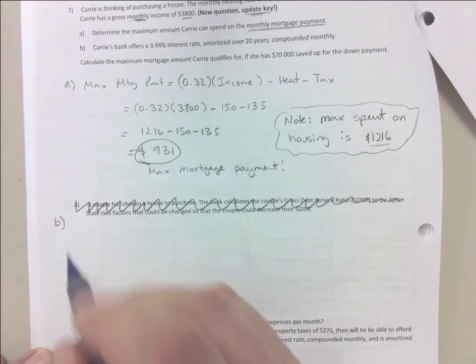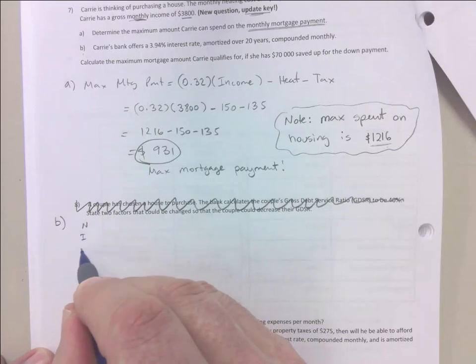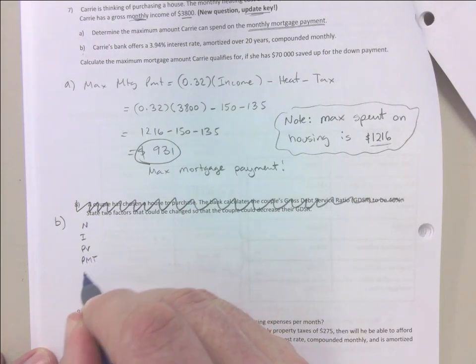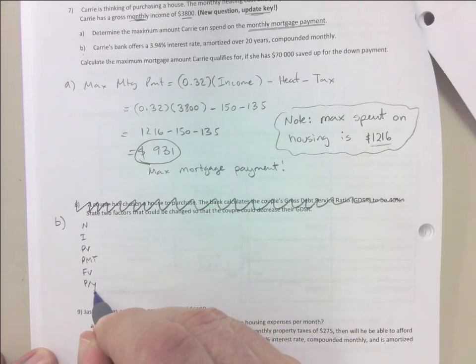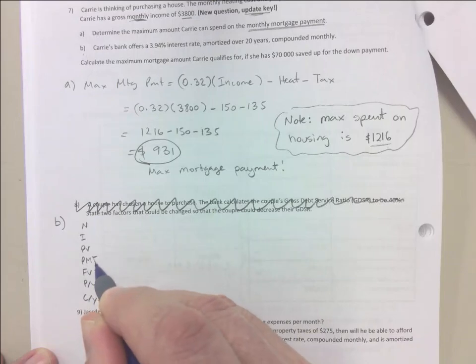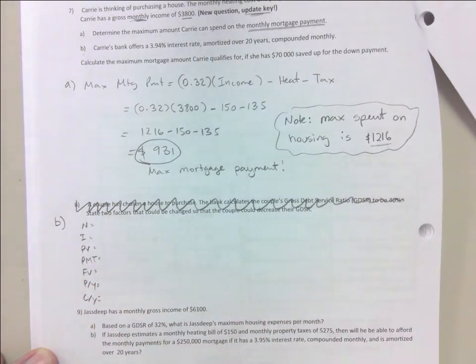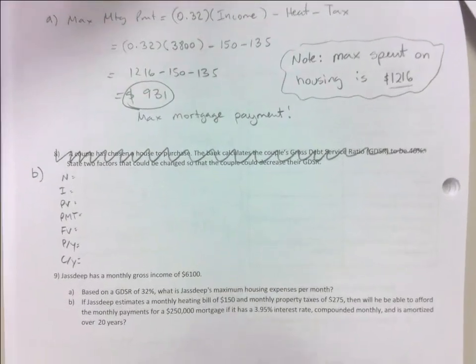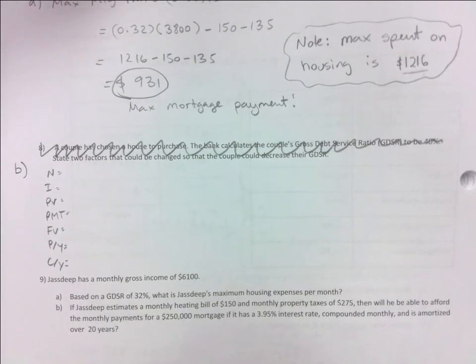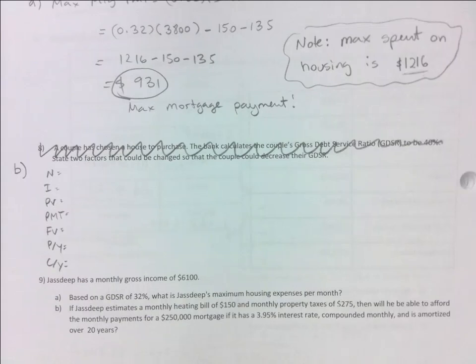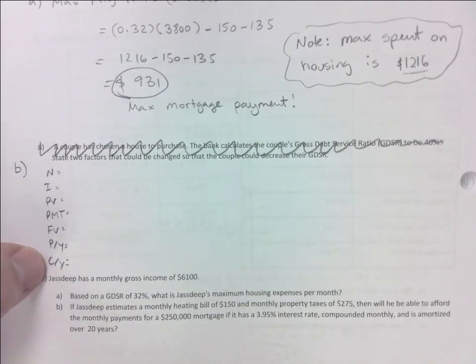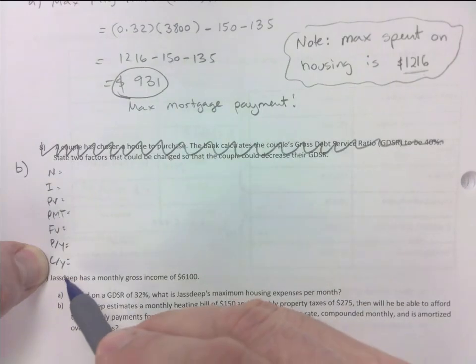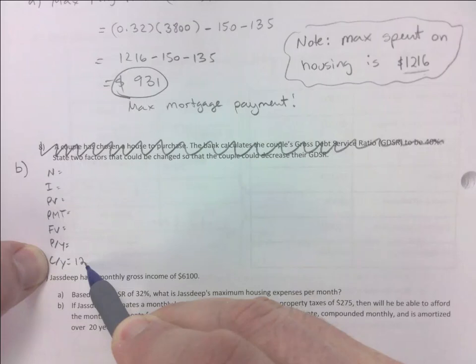But this is how we're going to solve this. We're going to go N, I, PV, PMT, future value, PY, CY. This is the maximum mortgage amount that we're trying to figure out. I'm going to zoom back into that question. And how would you do this one? Well, let's start from the bottom. Compounding, it says monthly. Payments,